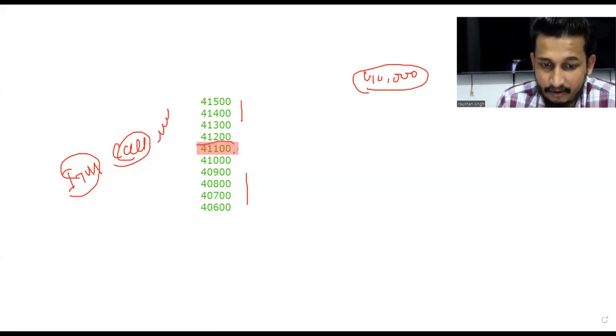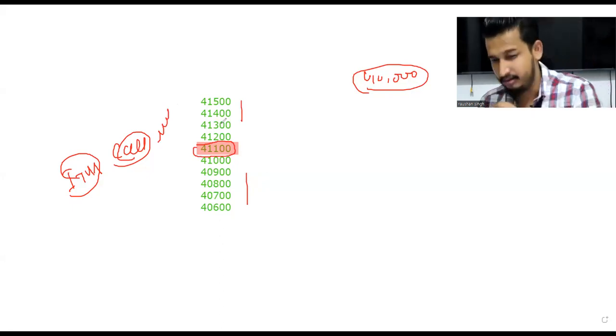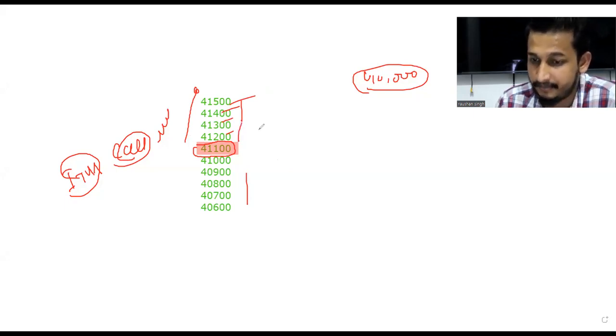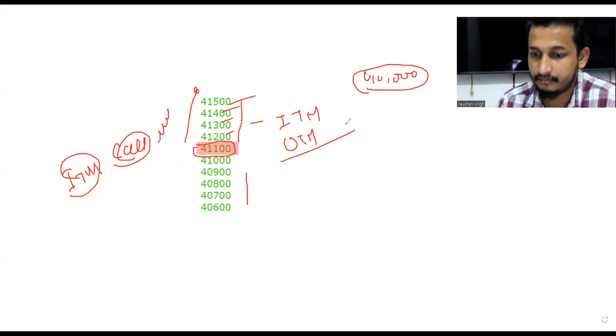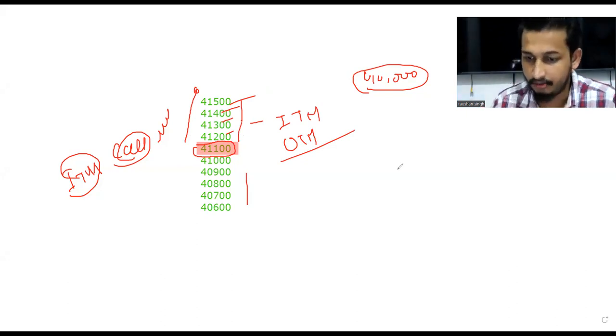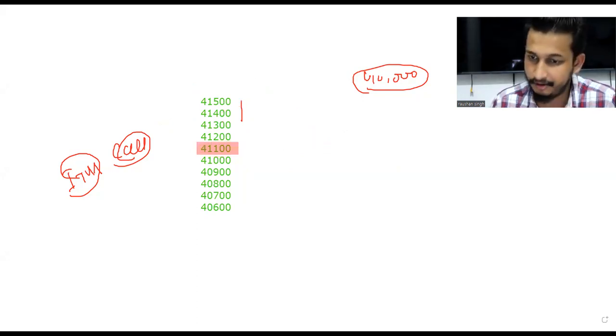So Bank Nifty is at 41,100. The value of call option is 41,100. ठीक है, अब इस कॉल ऑप्शंस के लिए टारगेट क्या है, ऊपर की तरफ है, राइट, विच मींस 41,200, 41,300, 400, 500। तो 41,100, 200, 300, 400, 500 ये क्या हो गया, ये इन द मनी है या आउट ऑफ द मनी है? आउट ऑफ द मनी है, ओके, ठीक है।